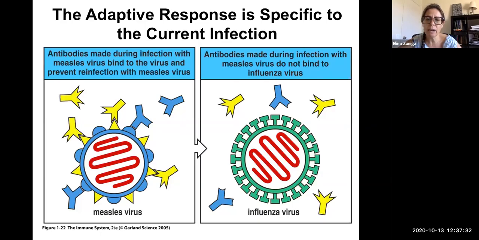And it has been proposed, for example, that T cells specific for SARS coronavirus 2 may be present in patients that never had been exposed to SARS coronavirus 2. So some people have pre-existing T cells that recognize SARS coronavirus 2 because they cross-react with other coronaviruses that have been around. And so again, they are highly specific for a virus, but sometimes can be cross-reactive because the sequence